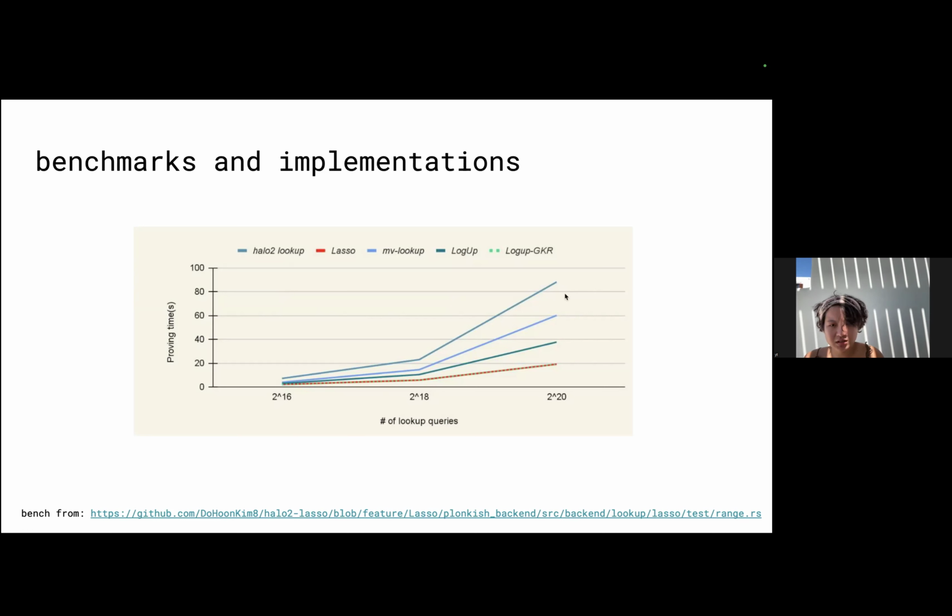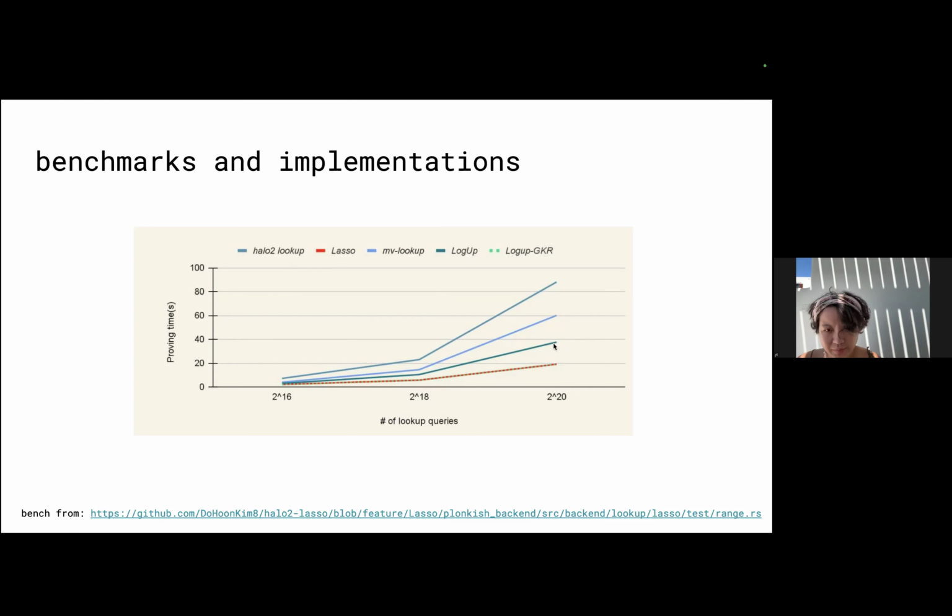It reduces the number of commitments that the prover has to make. And then we have Logup, which is like MV lookup, but for multilinear polynomials. For Logup, you can't just drop it into Halo2 like MV lookup. I think they used Logup with Hyperplonk,